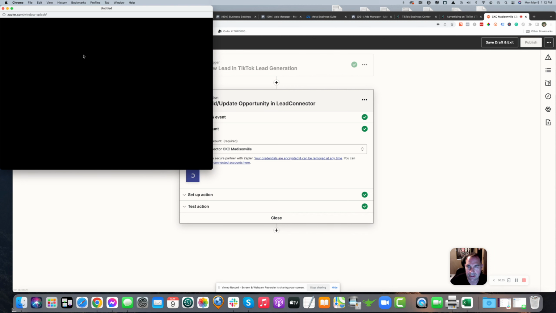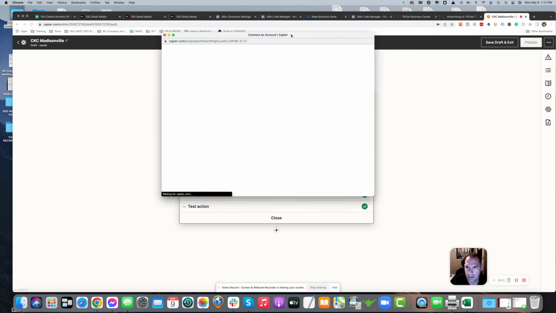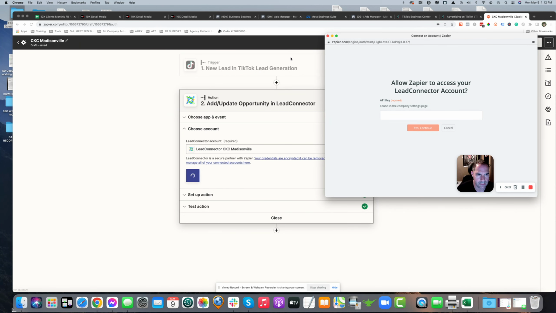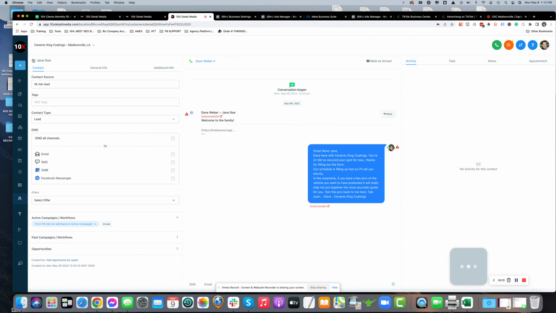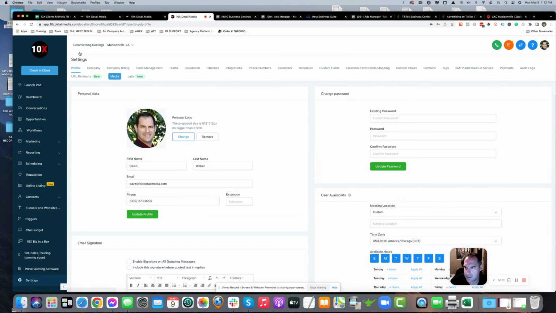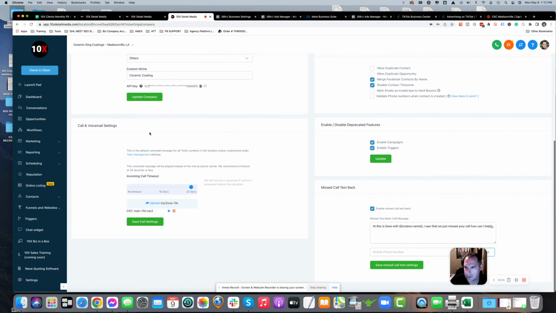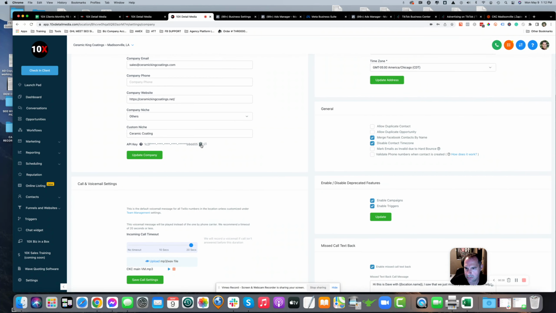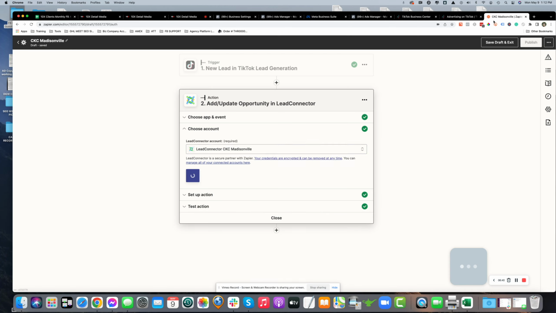And when you do that, it's going to ask for the API key. Well, this is where you find it. Okay. So you're going to go back in the account, the one that you want. So Ceramic Coating in Madisonville. You're going to hit settings. You're going to hit company, and you're going to copy this with the little clipboard. Copy that. You're going to go back here